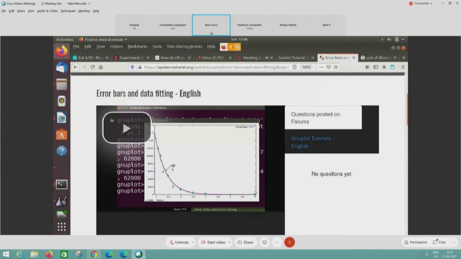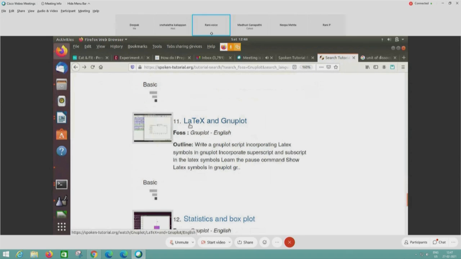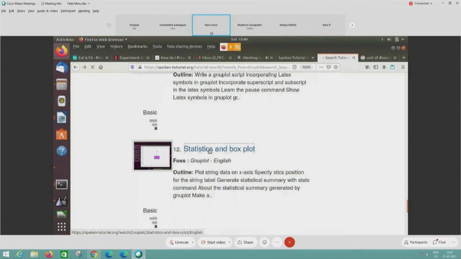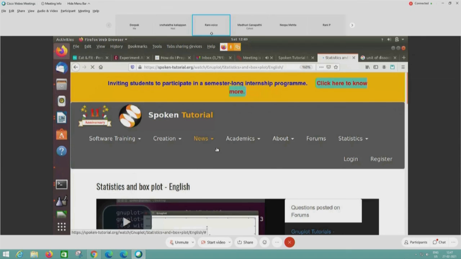We will show you to do that in this tutorial. LaTeX and GNUplot is an advanced tutorial in which we will integrate GNUplot with LaTeX and create a PDF document. This is used a lot when we write books or when we publish newspapers and articles.